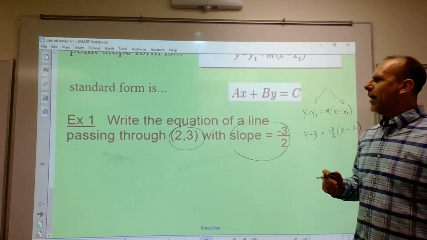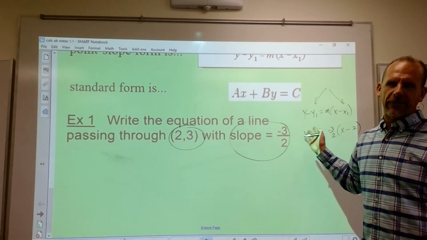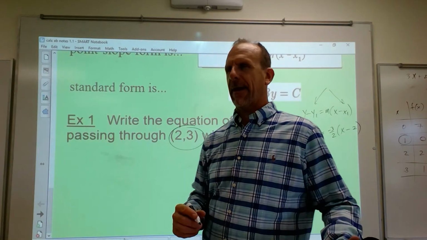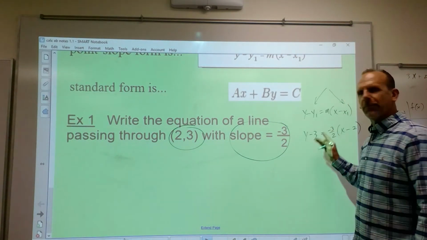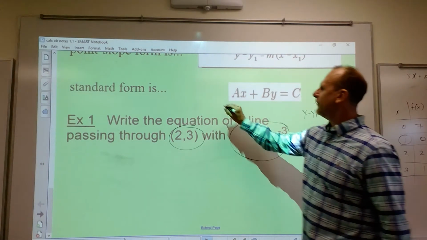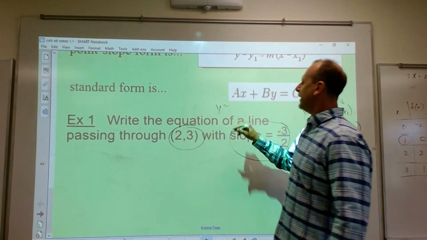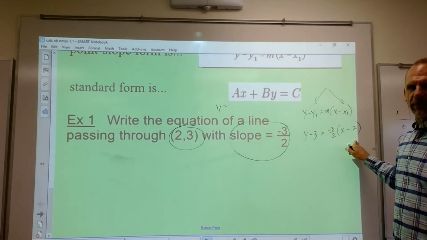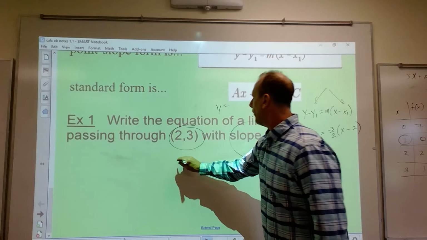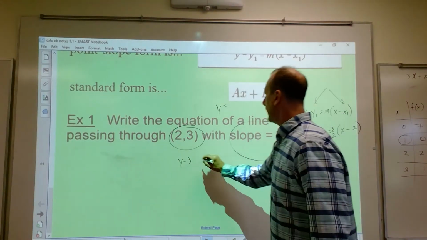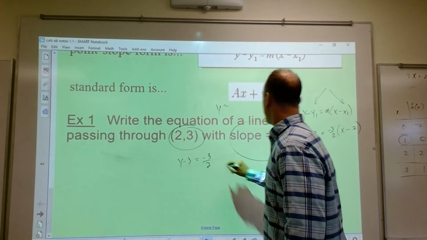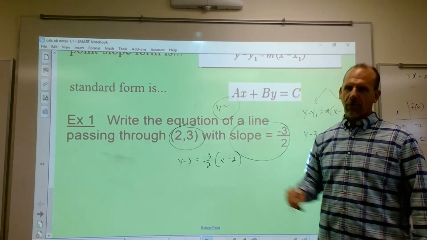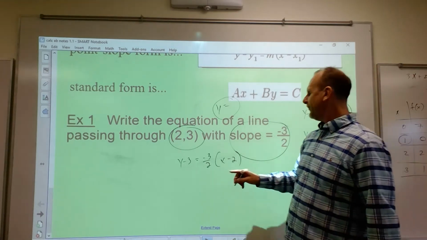All right. Now I'm going to change this. Let's just say this is on the multiple choice AP exam, and you got the right answer, but none of the answers look like this. All the answers say y equals, meaning it's in slope-intercept form. So let's transpose this into slope-intercept form. So y minus 3 equals negative 3/2 times x minus 2, in y equals form or slope-intercept form. You would have to